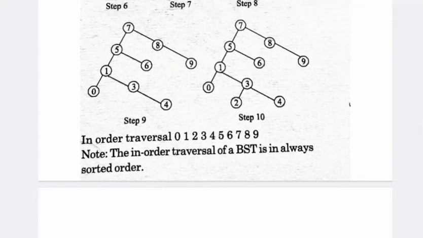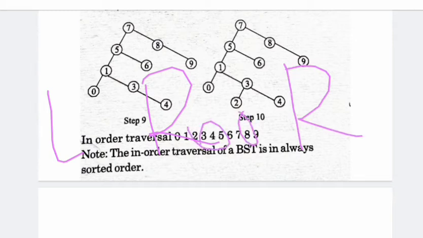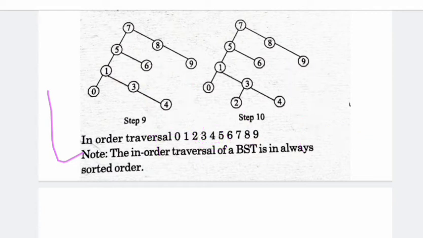So how is in-order traversed? Firstly we traverse the left, then root, then right. Based on this, we first go left, then root, then right. Now we come to traversing this sequence in this binary search tree. So we first consider that 1 is the left tree of the node 1. Then we come to the root.